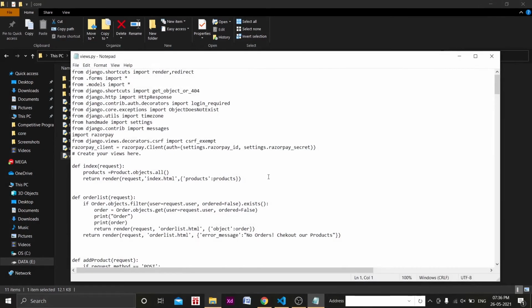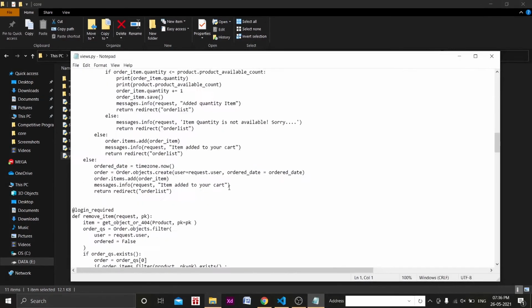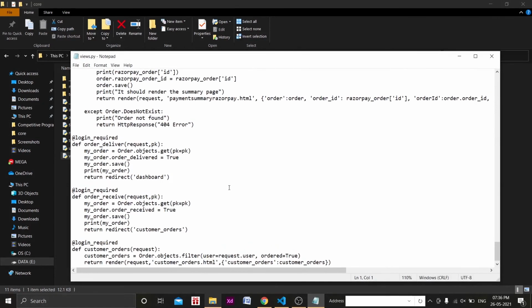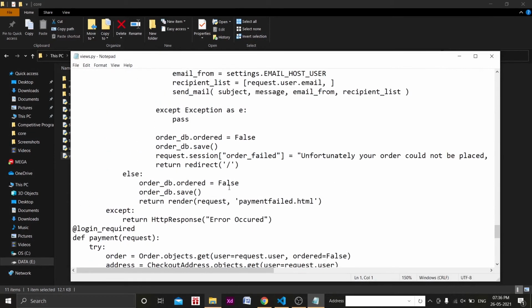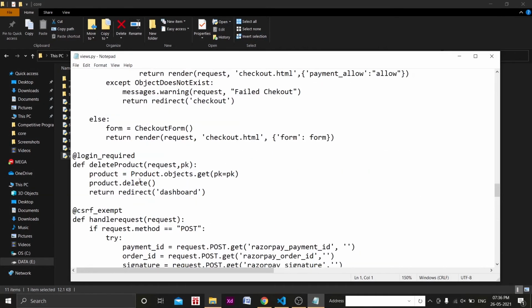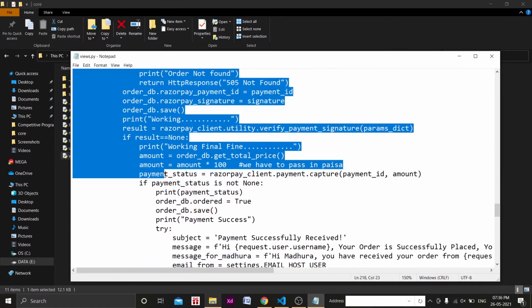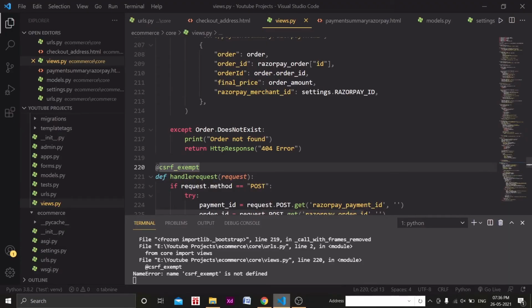To avoid some confusion, I have written that already, and I am just going to explain it. So this was the handle request method. Here, why have I written the CSRF exempt?